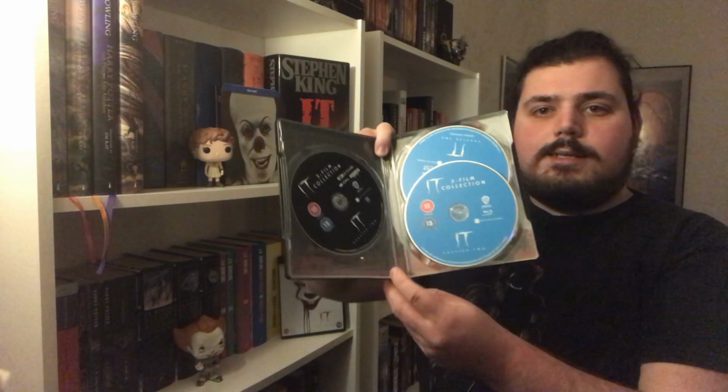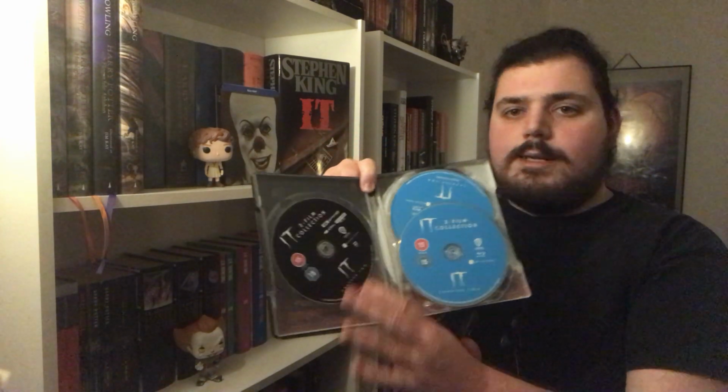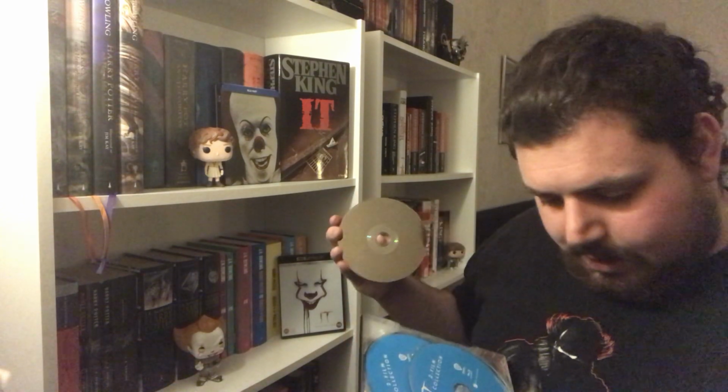So, putting this poster aside, this set actually has 2 discs, or two Blu-ray discs and one 4K disc. Now here's the question, because my original set for It Chapter 2 has 1 disc for each. So I'm wondering if there's a bit more extras. I assume not, but it would be cool if that meant that we have more extras on it, but probably not. And let's see here, I didn't actually look at the artwork for part 1, but I see we have...